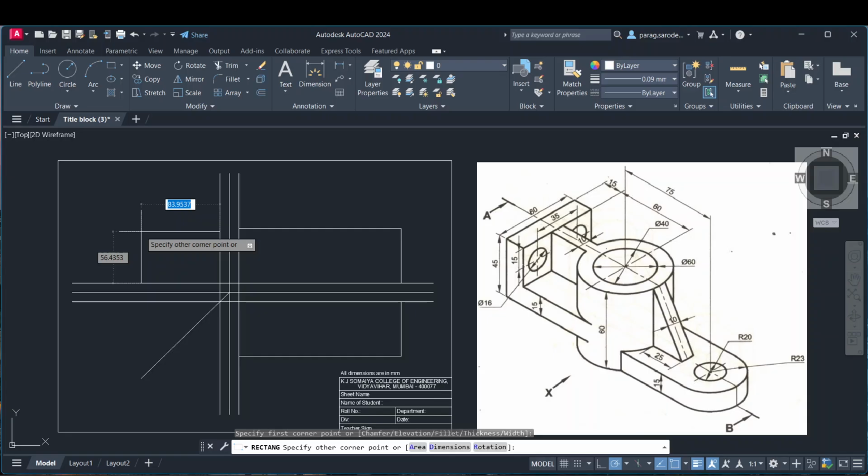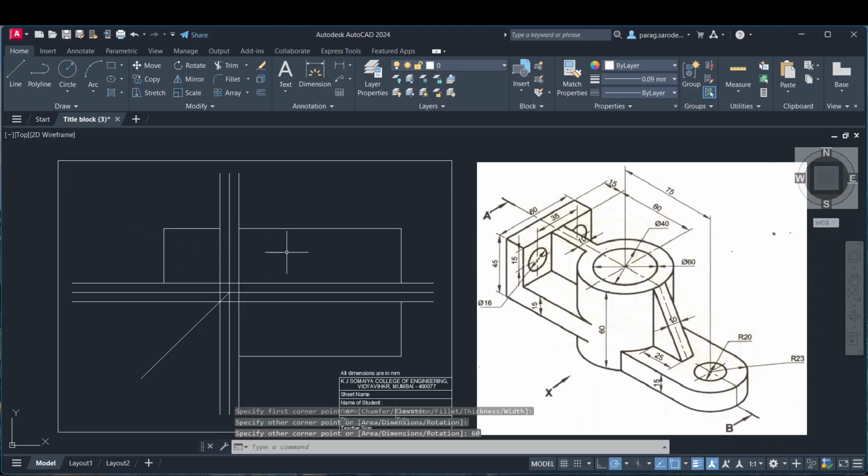Then we will set the width here, which is 60, tab, and then the height will be 60. Once it is done, we will proceed to drawing the top view first. Now why top view? We can start with any of the views, but it is preferred to start with the view which involves the